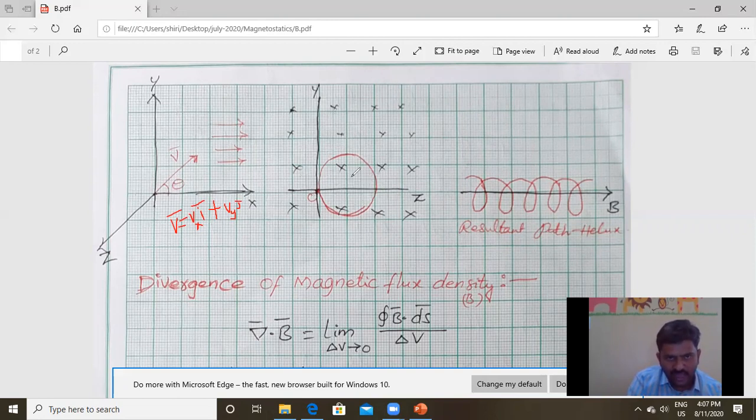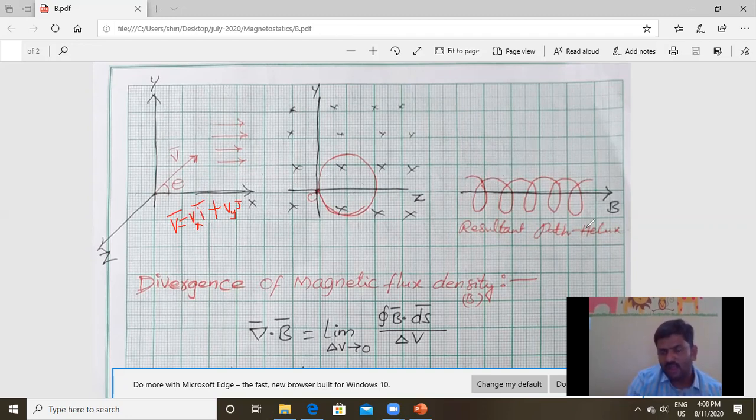In this figure, the magnetic field is perpendicular to the paper, this screen, and this is how the particle performs circular oscillation. But Vy alone is not the velocity of the charged particle. Vx is also the velocity of the particle. That means it has velocity along the x direction also, that is along the field direction also. Along the field direction, it will not affect the charge, but it simply moves along the x direction.